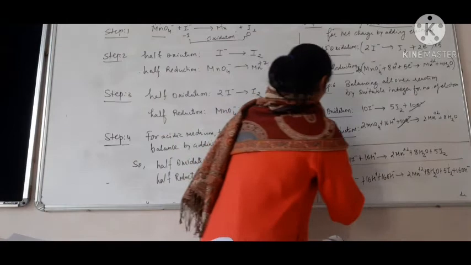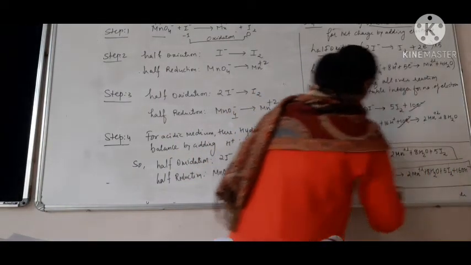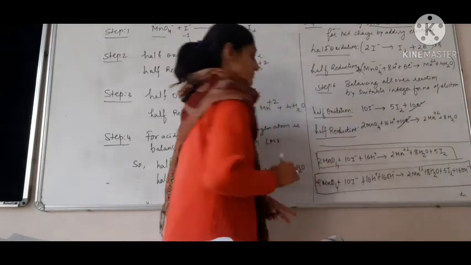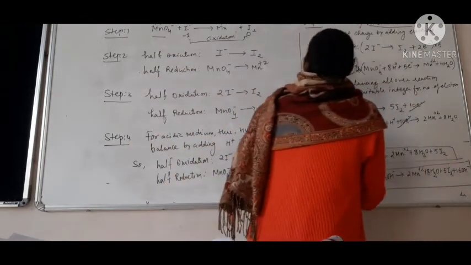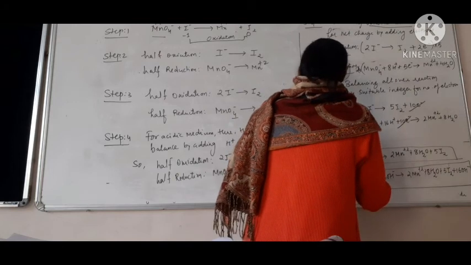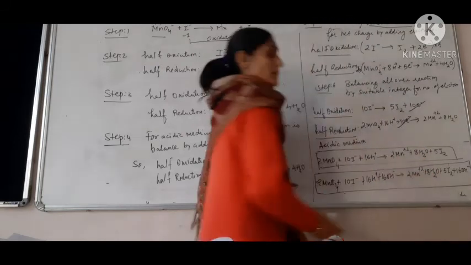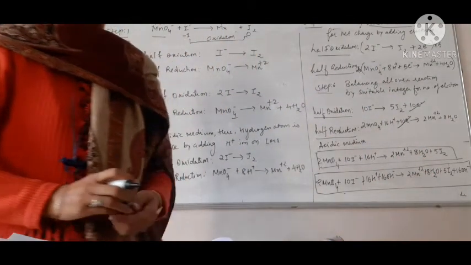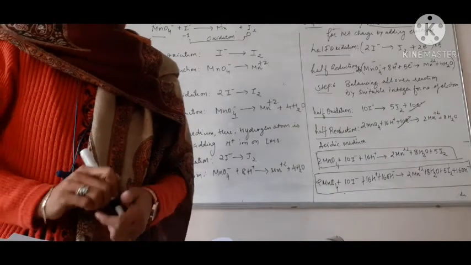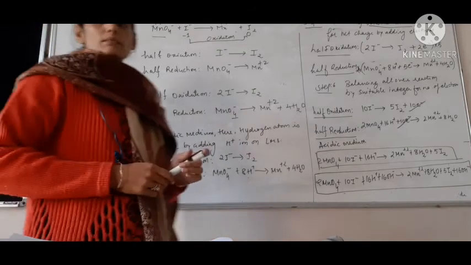So you can have a look over here, that is for the acidic medium, and the next one is for the basic medium. यहाँ पे हम लिखेंगे, ये हो गया एसिडिक मीडियम के लिए, जहाँ पे OH माइनस दिख रहा है that is for the basic medium. You can check for the basic medium also. So that is about the balancing of the reaction in both acidic as well as basic medium.